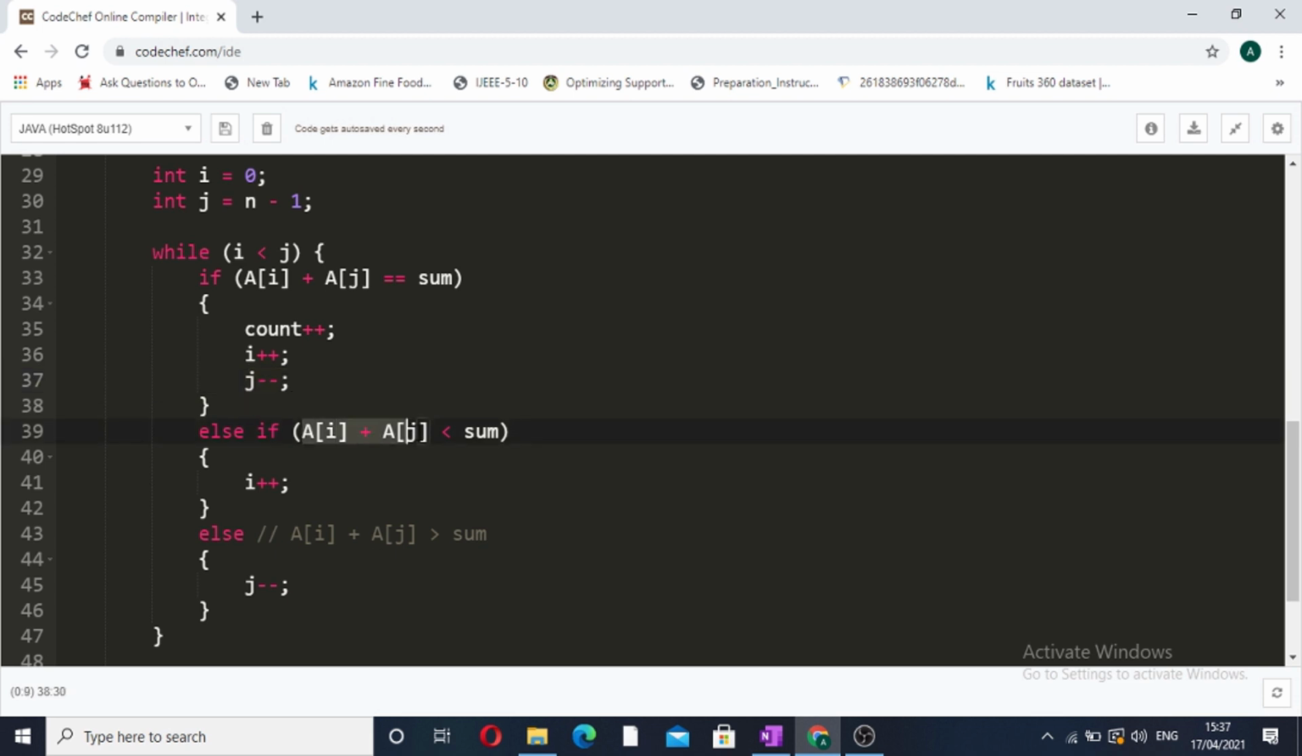The second condition is if the current sum is less than the target. If the current sum is less than the target, it means that we have to increase the current sum. And how can we increase the current sum? By simply doing i plus plus, that is, increase i, as our array is sorted,